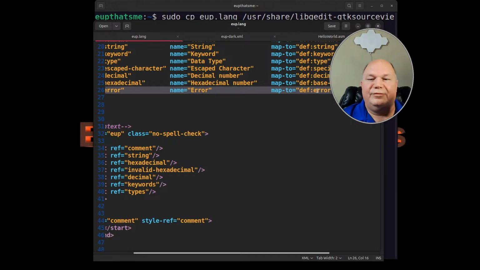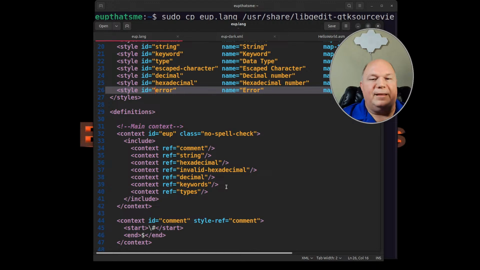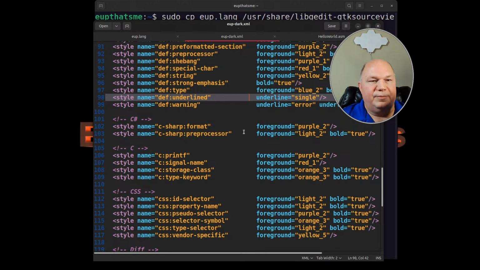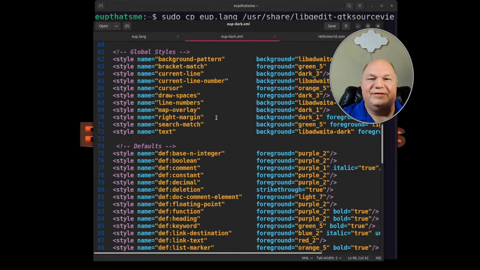Maps to def error, that's what it says. Well, the other thing about these is they're kind of flexible, if you will, in that some things that you do wrong will succeed and some things just don't map. So I'm assuming that since there is no def error in the color file, or the style file, then it will just not do anything. It won't change the color of that. We might have to run a test to see if that's the case, but